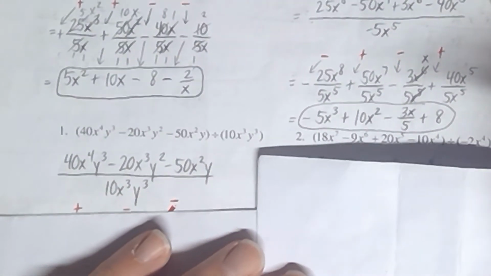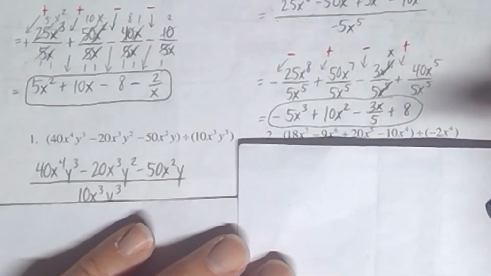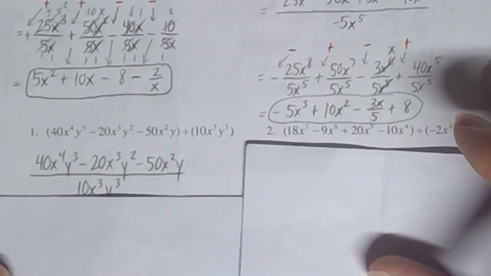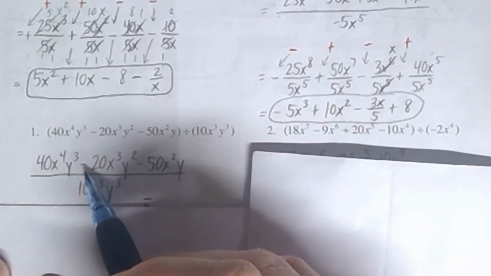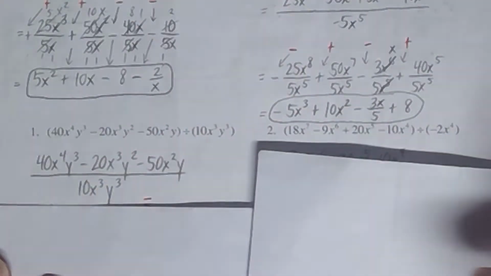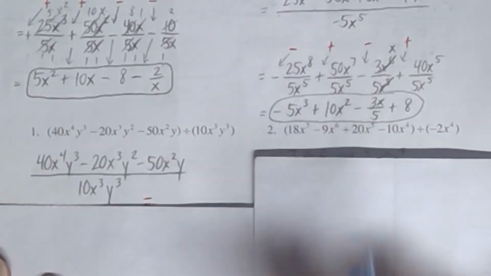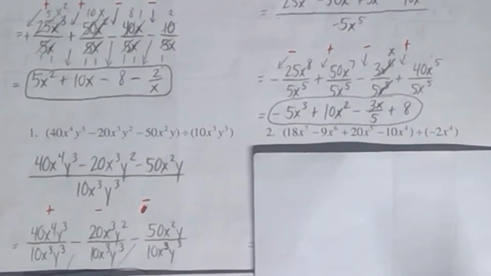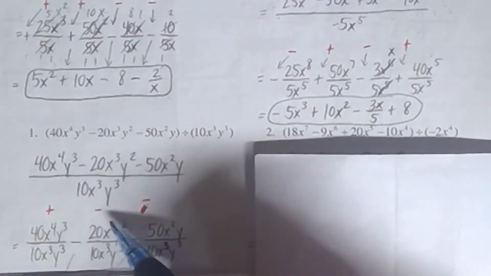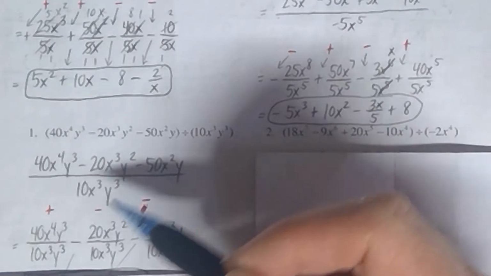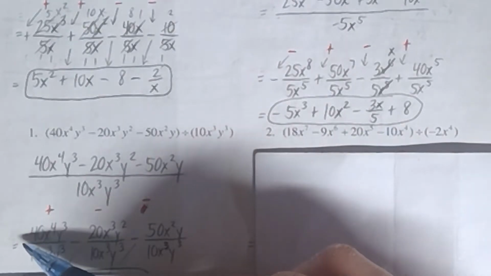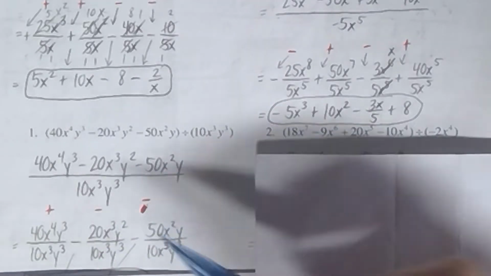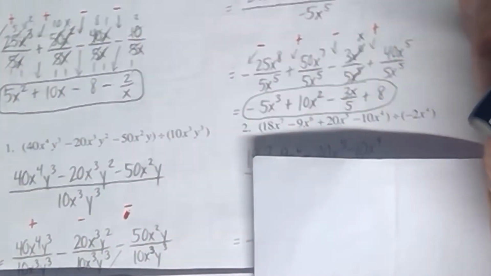Okay, so then in number 1 right here, I went ahead and rewrote it as a fraction, even though you don't have to, all right? I just prefer to do it that way. It's a personal preference. And then realize that the minuses here separate the top into 3 terms. That means that we're going to have 3 fractions. And so let's take a look at those. Okay, since we got positive, negative, and positive when we divide right there, that's why you got positive here. You don't need to put the plus in front of the first one, and then minus and minus for the negatives, all right? Well, I then simplified those fractions, and I got